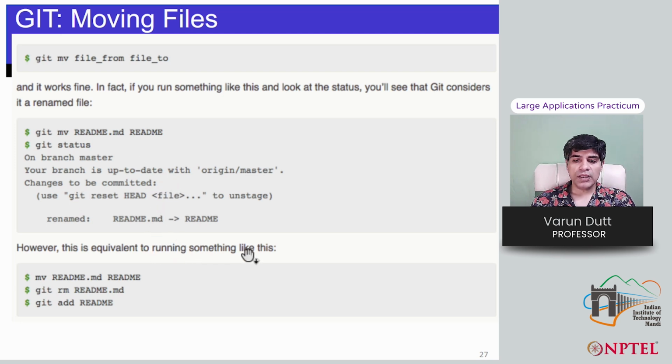This is equivalent to running something like this: you can use the mv command, you can remove the README.md file, and you can add the README file. So these three commands are equivalent to running one command, git mv, with the from file and the to file.